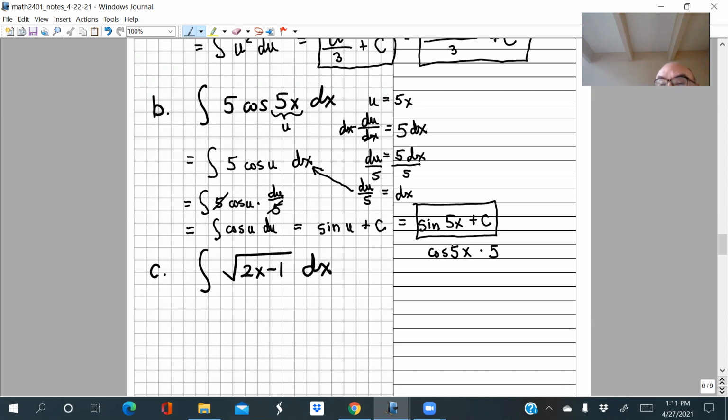Let's set up the next one. I don't think we can go all the way through it, but you guys can tell me how we're going to do integration by substitution here. Here I'm trying to integrate the square root of 2x minus 1, right? Okay, so let's first convert that square root to 1/2 power, because that's what we always do. So we have this 2x minus 1 to the 1/2 power.